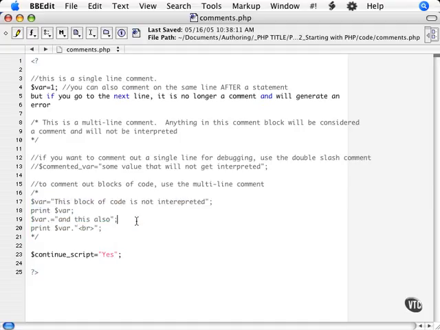When code or text is commented out, the interpreter will not execute or display that code in any way at all. You will not see it in the browser source, and the interpreter will not even check it for correct formatting. It will not produce execution errors for any bad code in it at all, which makes it very handy to use comments to debug code that is not working correctly.